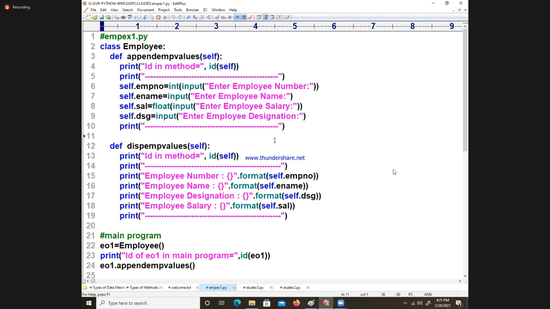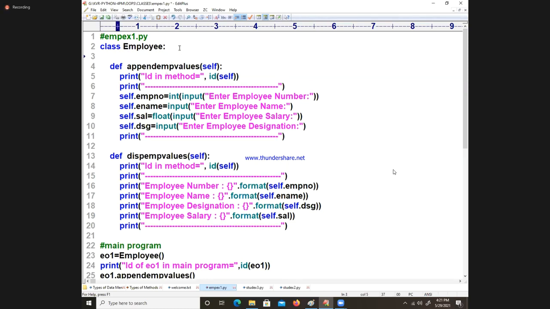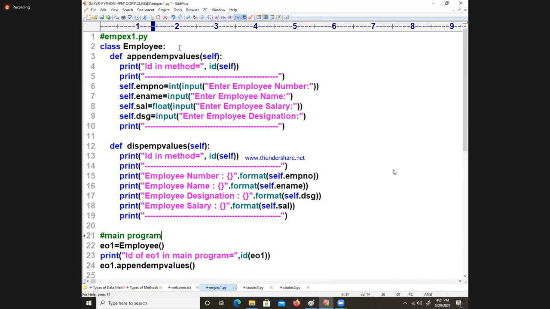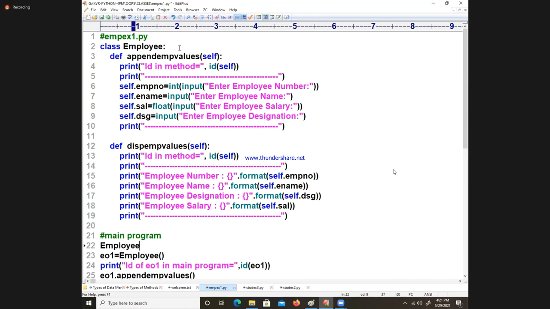Class level data member. Already I told you two ways. One is the company name: company name is equal to IBM. Like this I can write it within the class. This is one way. One more way I can mention it is in the main program also. How can I write it? Employee dot company name is equal to IBM. Like this also we can write it. So these are the two ways we learned.